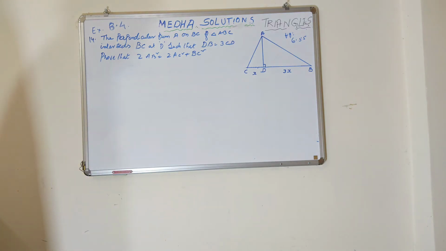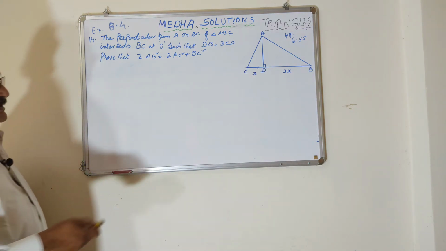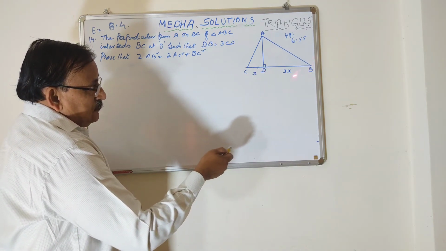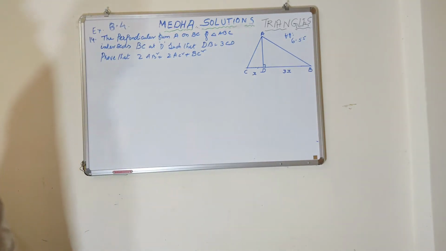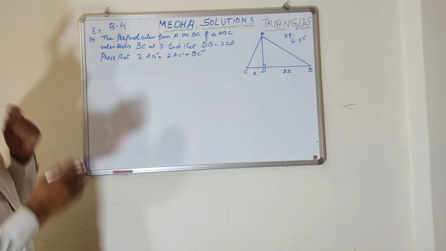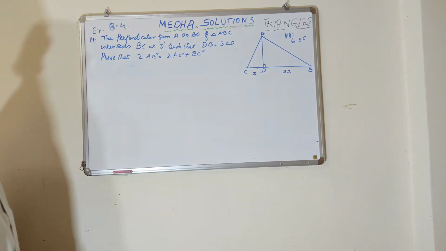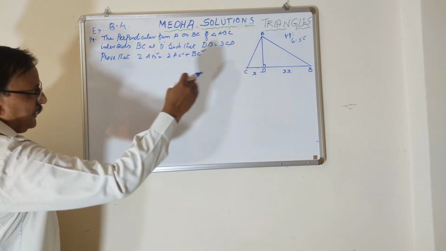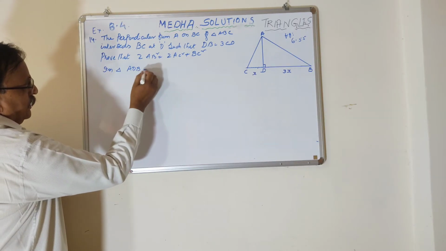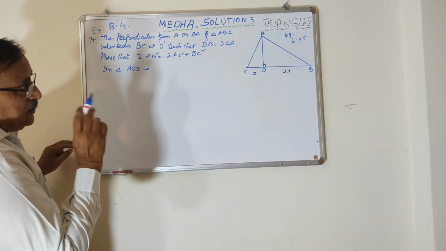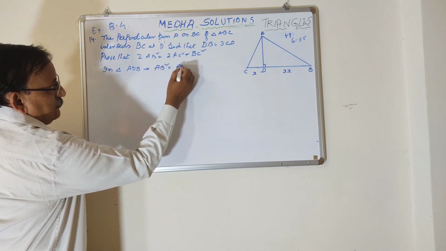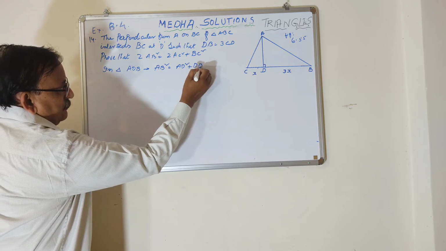Now see, this small part is CD. I take the small CD is equal to x, so that DB is equal to 3x. Now there are two right angle triangles. The first one is the big right side triangle ABD. In triangle ADB, hypotenuse is AB. Applying Pythagoras rule, AB square is equal to AD square plus DB square.